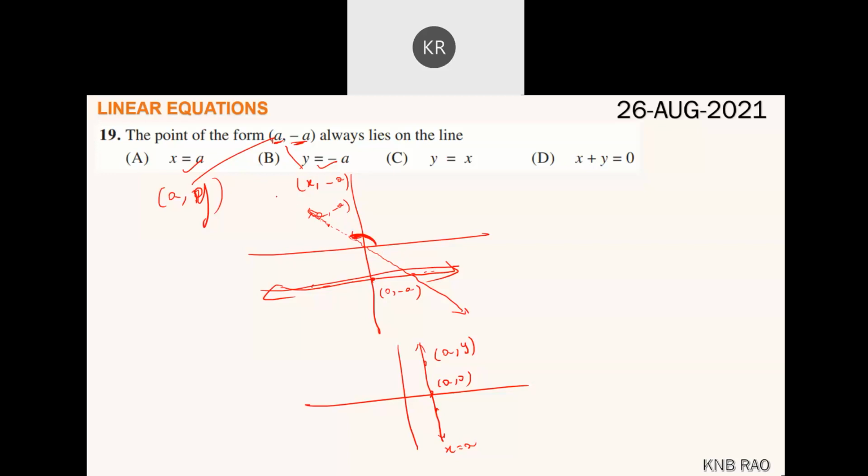Sir, this happens only with this? You substitute a comma minus a in these two equations. It is not equal in the other case, but here it says they are equal. If you substitute here, it cancels and gives you 0, which is the RHS. So it's concept based. Okay, is it clear now? Yes, sir, now it's clear, sir.